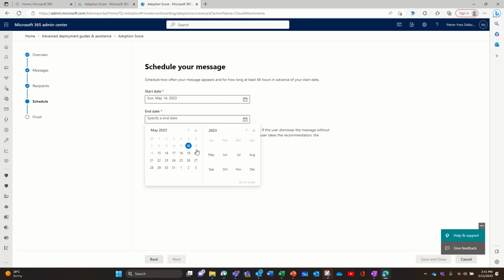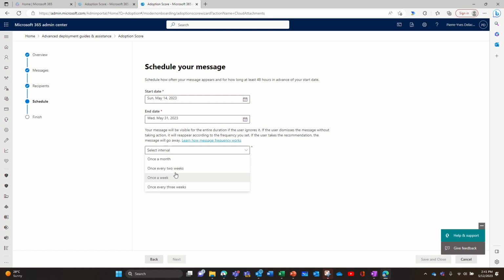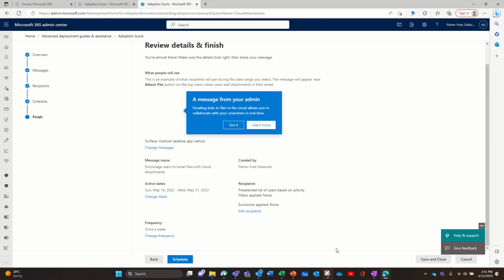So it takes 2 days to start. And this one I wanted to keep for a long time. And I would like every day, but I'll take once a week. Oh, I didn't see in the previous screen I can scale this, but here I'm going to save and close it.